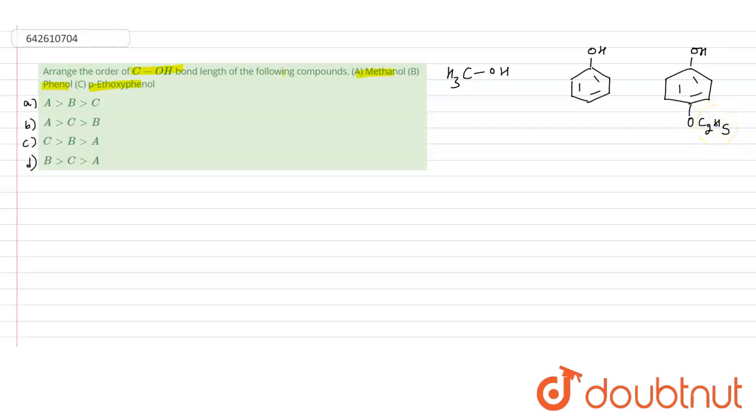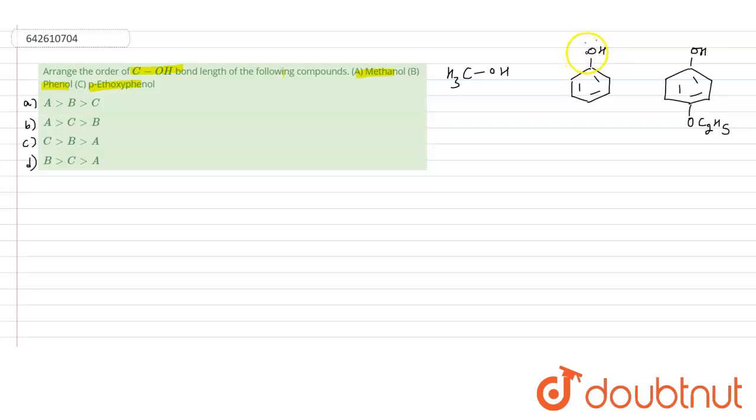Now we have to find out the C-O bond length order. As we know, a single bond has more bond length as compared to a double bond. So as you can see here, in the case of this phenol,